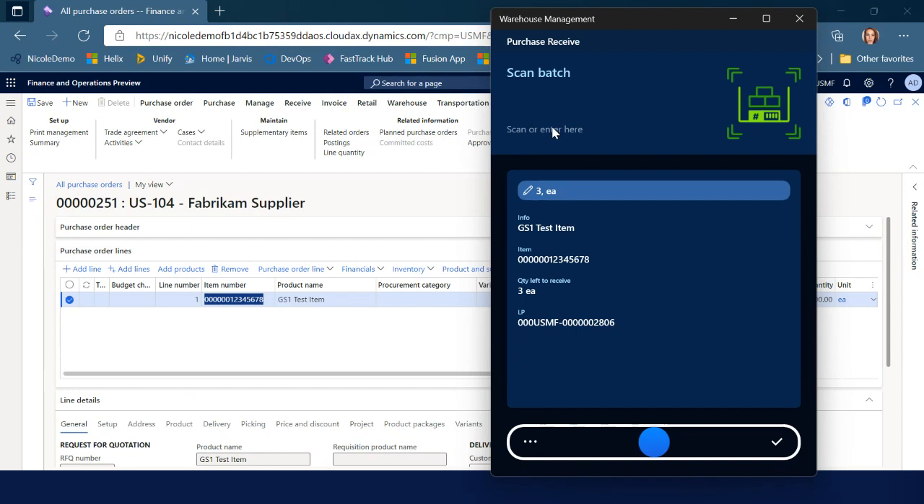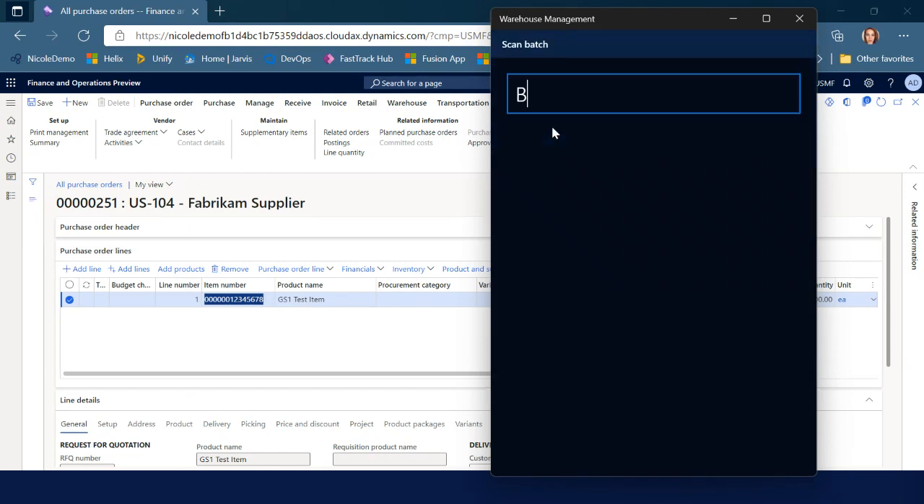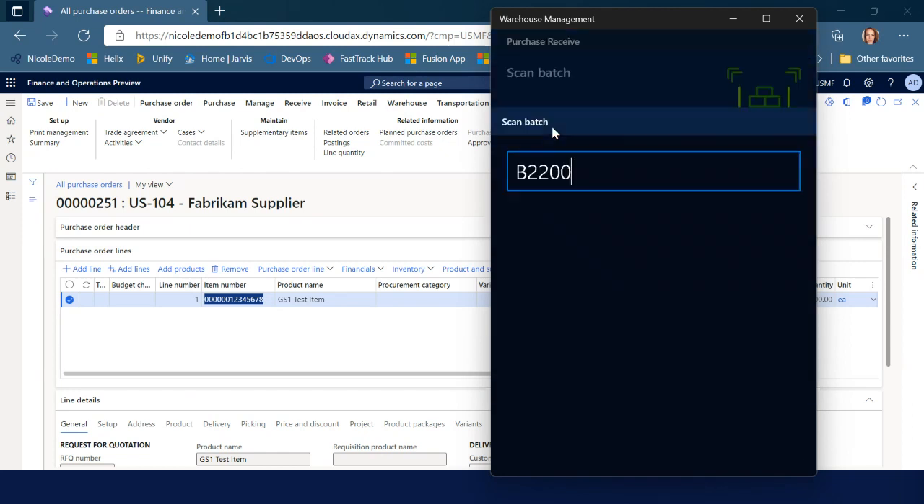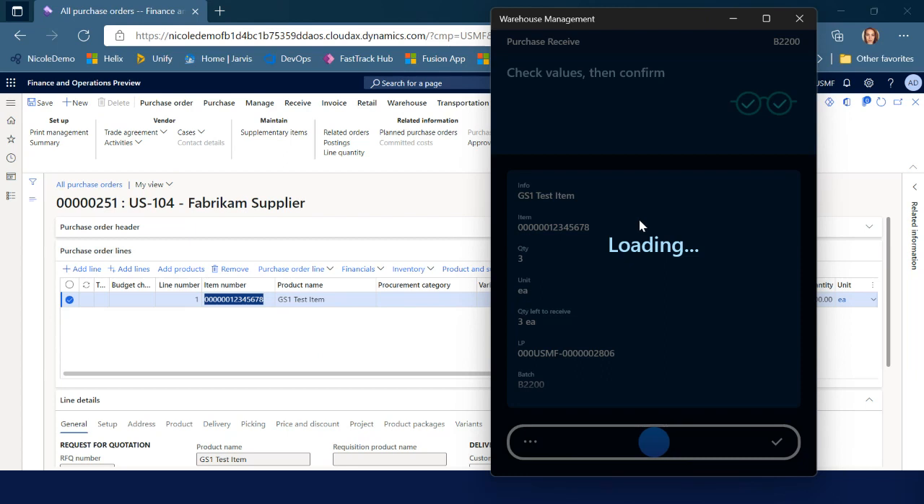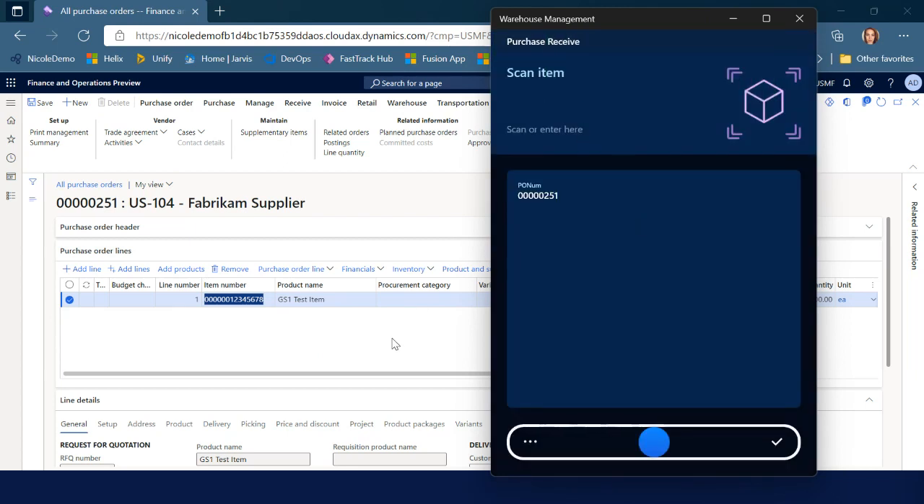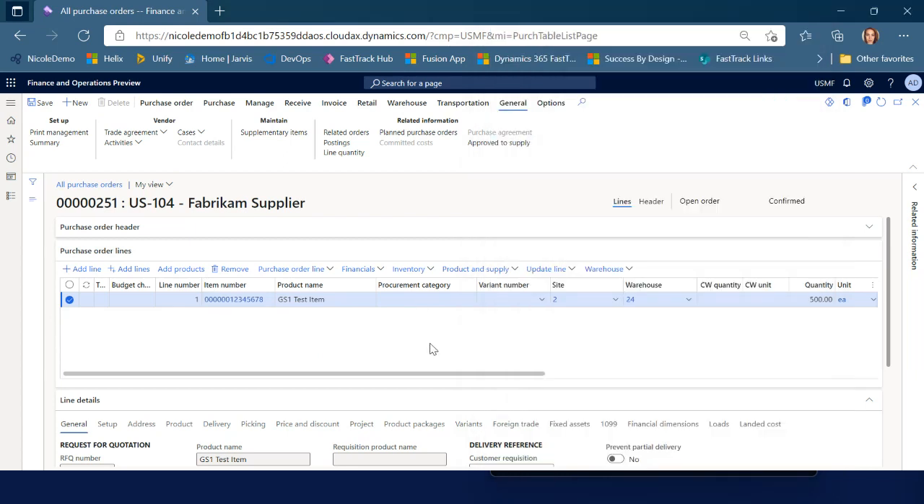And now it's asking me for the batch. I'm just going to enter a batch number. And now it is asking me to confirm that. And now it's telling me that my work is completed. Okay, so there were a lot of scans there to enter the item, enter the batch, enter the quantity for